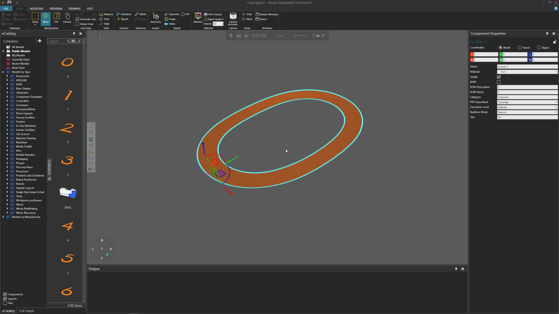In this video about physics, I'm going to talk about linear and angular damping using Visual Components 4.1. Whenever you are using damping, you are trying to slow down a moving object or dissipate energy like vibrations. For example, you may want to slow down the closing of a door because if the door closes too fast, it might break something, or the door might sway or oscillate back and forth and not close at all.